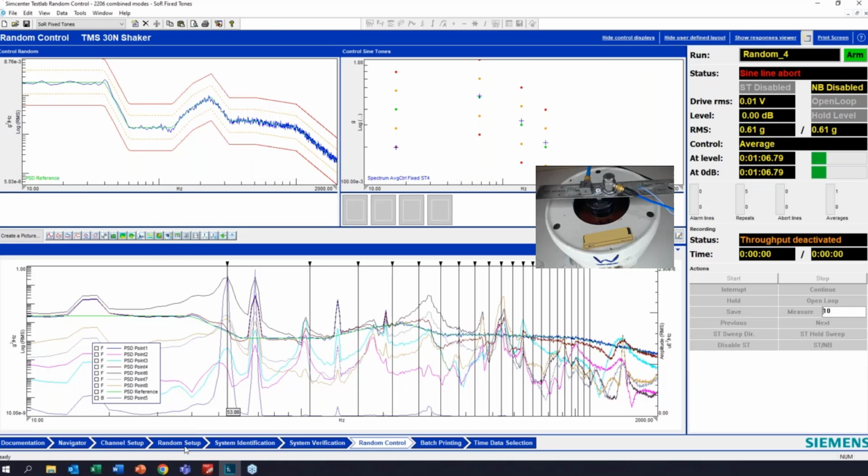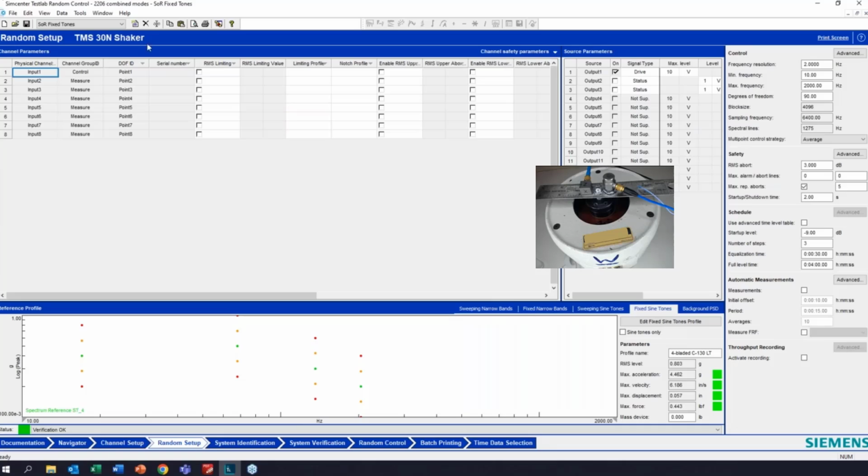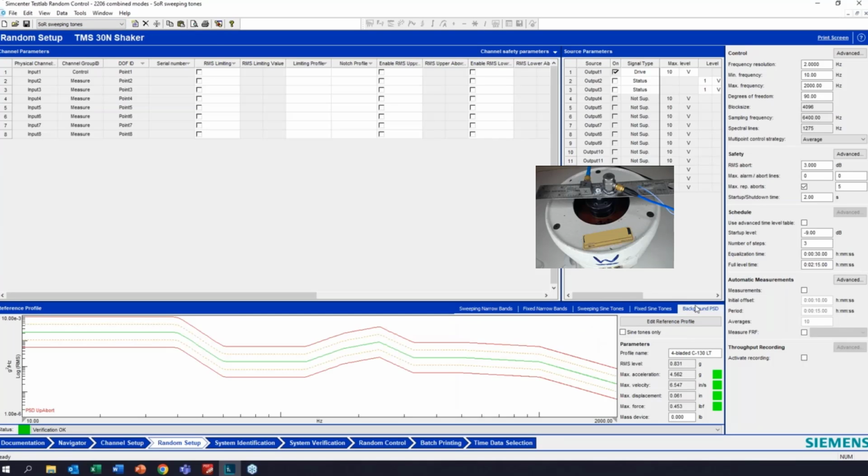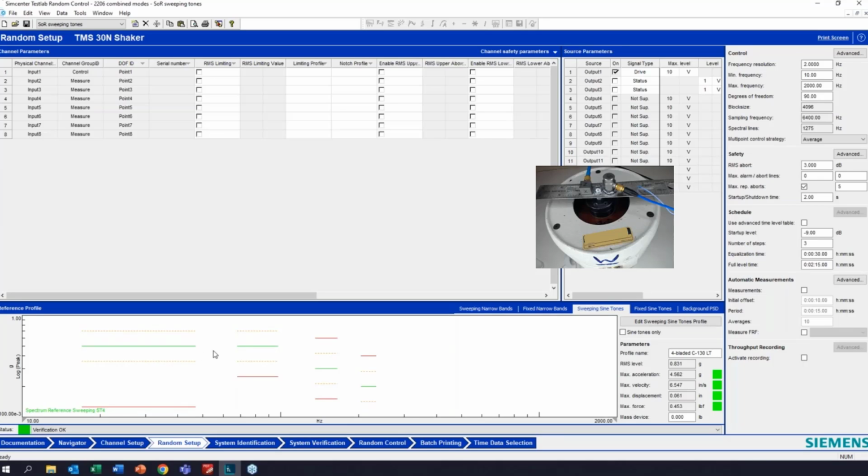All right, so let's go back to random setup here and see what a sweeping sine tone looks like. So we'll switch to this other section that I created, and you'll see my fixed sine tones went away. I'm still using the same background PSD, but now I have these sweeping tones that will go and run.